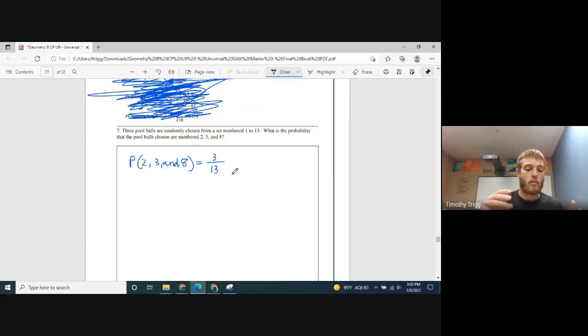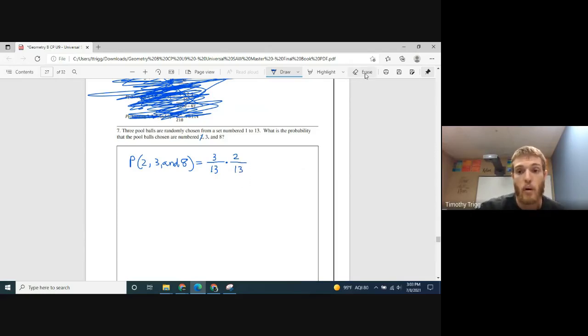Let's say I randomly grab one and it's one of the ones I want, let's say it's the 2. I put that aside. Now, I'm going to grab another pool ball out of the bag. What's the probability I select another good one? Well, the 2 is already set aside, so now there's only 2 pool balls that I want, the 3 or the 8. So there's 2 possible good ones out of